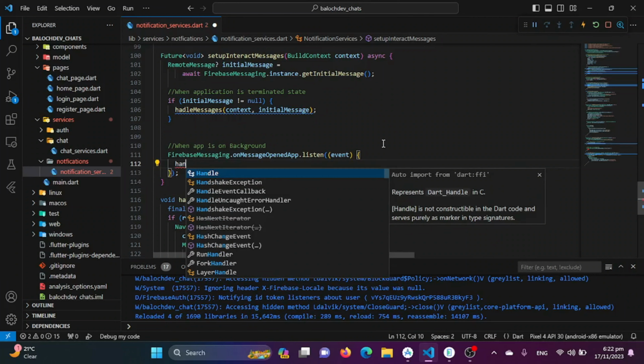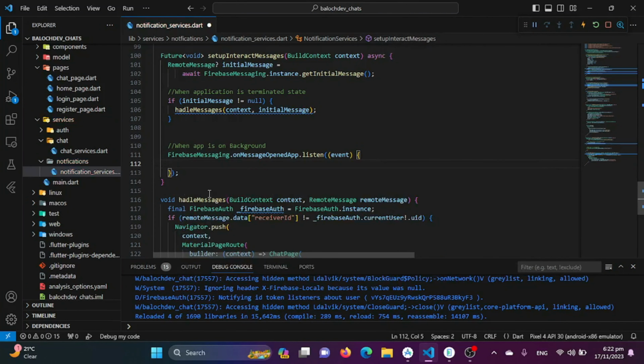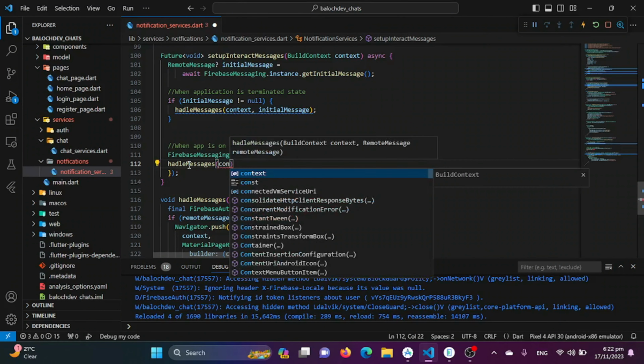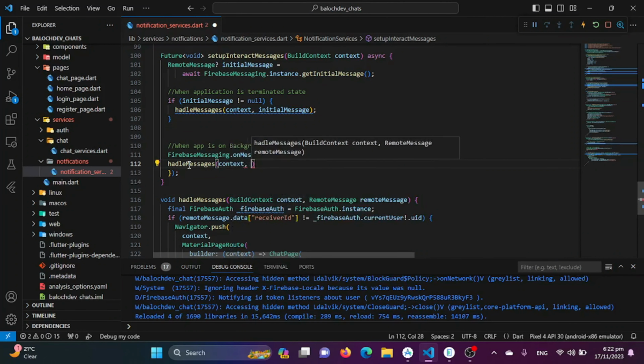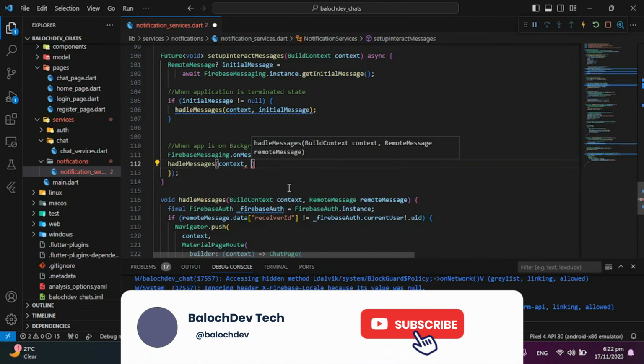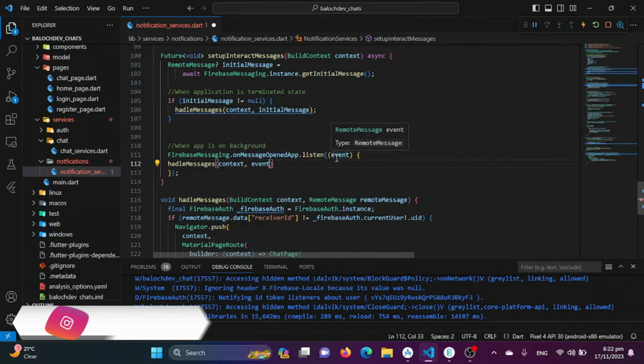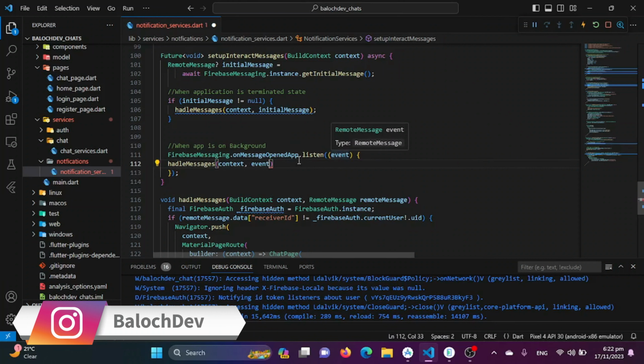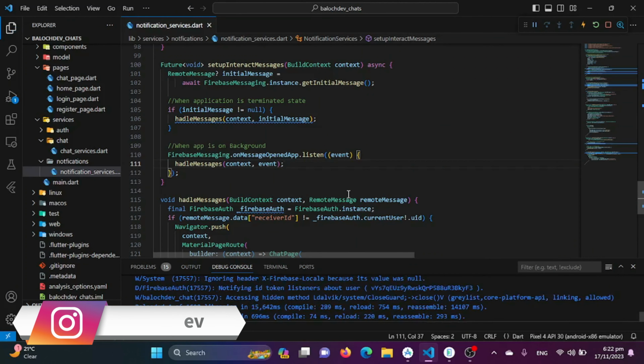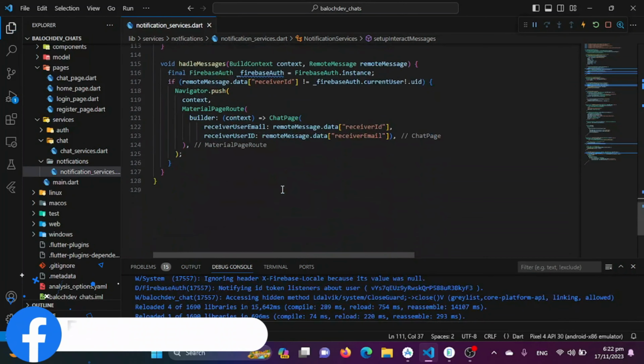So I will be just calling this handle message. It takes a context and basically it takes the message. In our case, it will be this event, whatever event will come while the application is listening. So we will be just providing that message to it. That's it. I will be just saving this from here, and now we just need to send the messages when